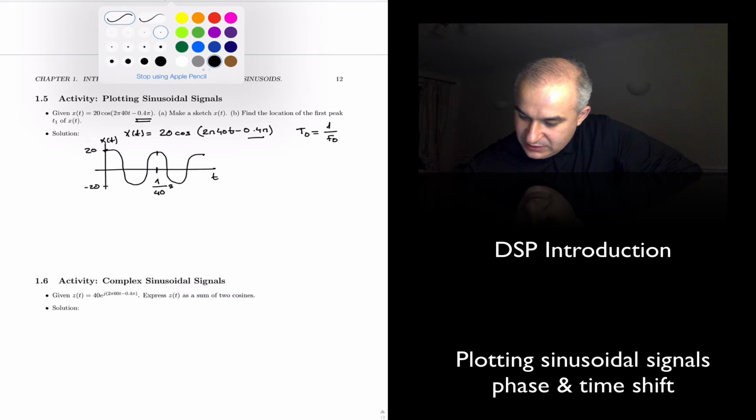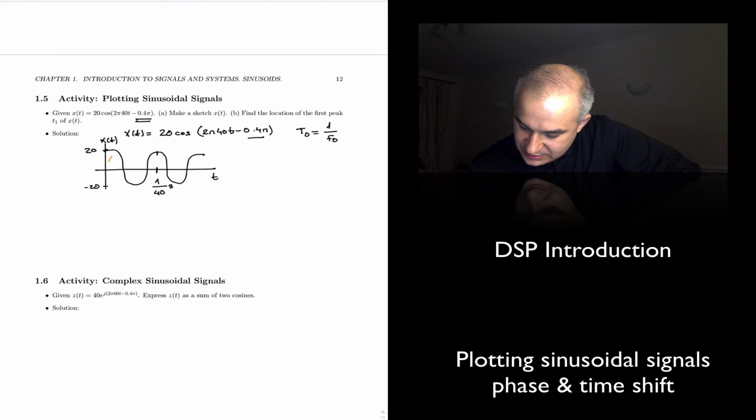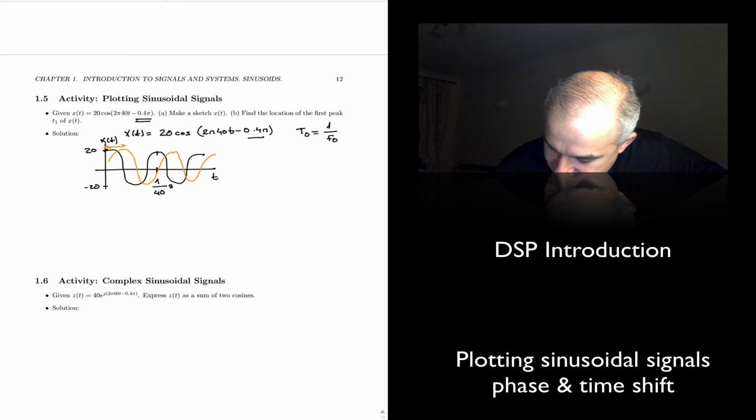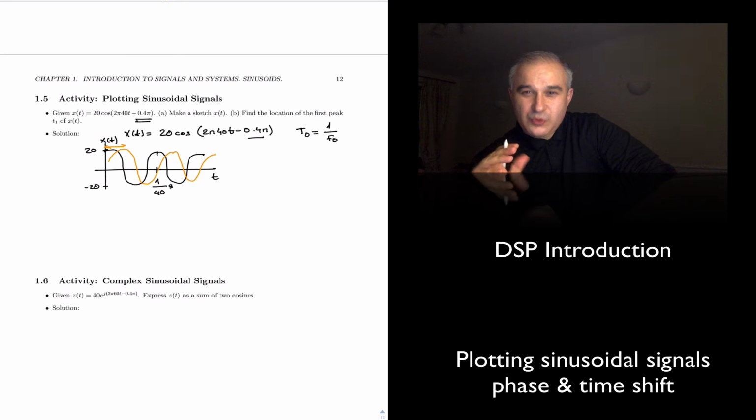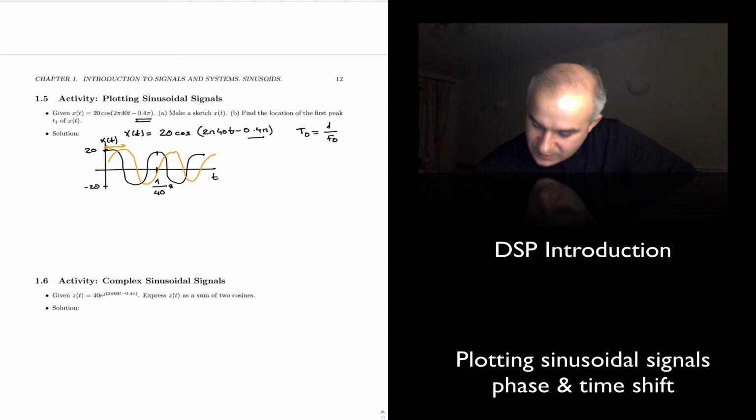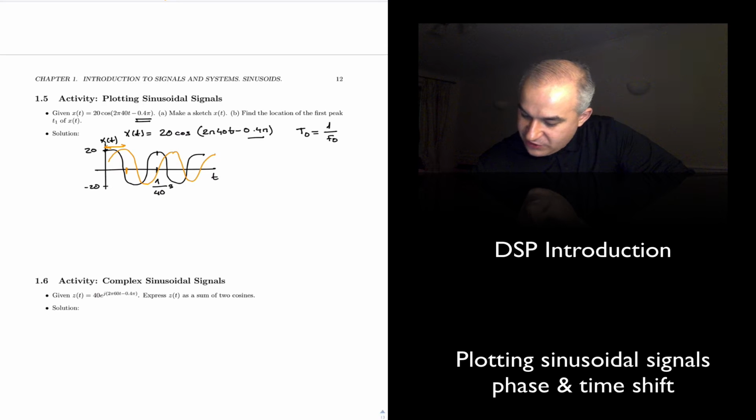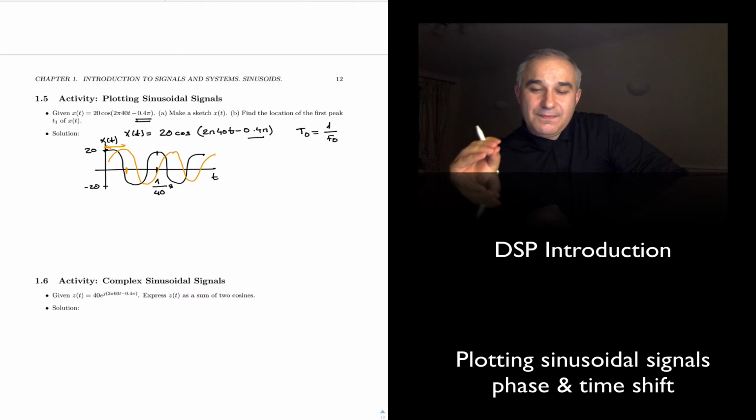Meaning we have to draw this. How much is that shift? What is the relationship between the time shift and the phase shift? Right? Because we will need to determine the location of the first peak